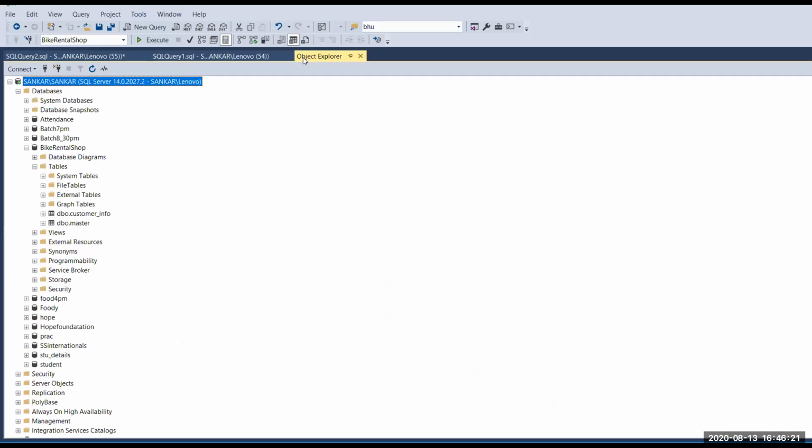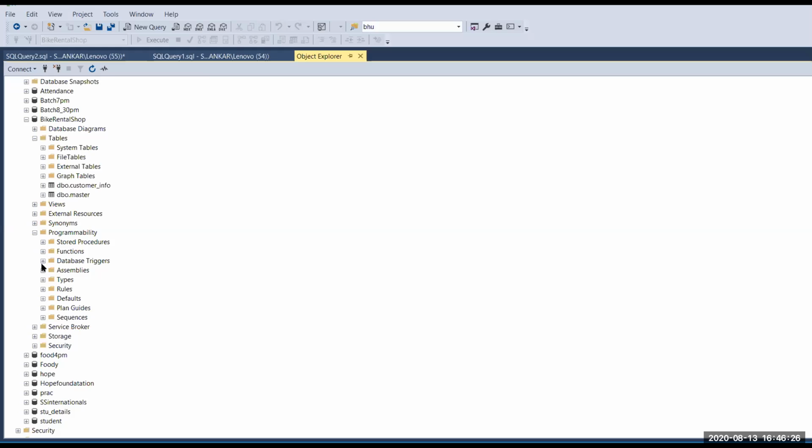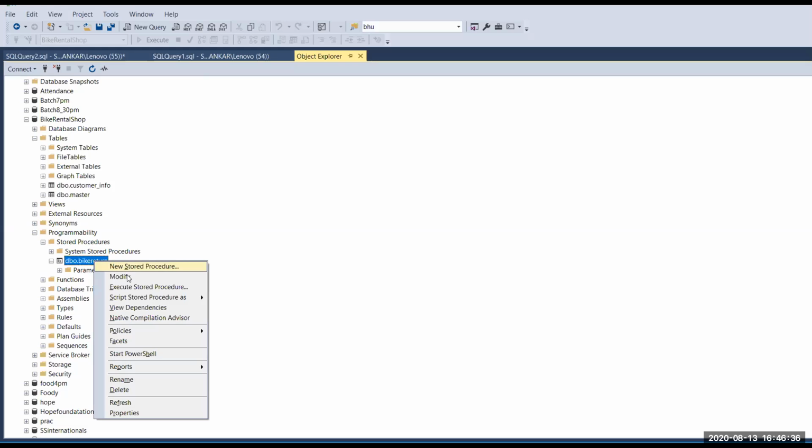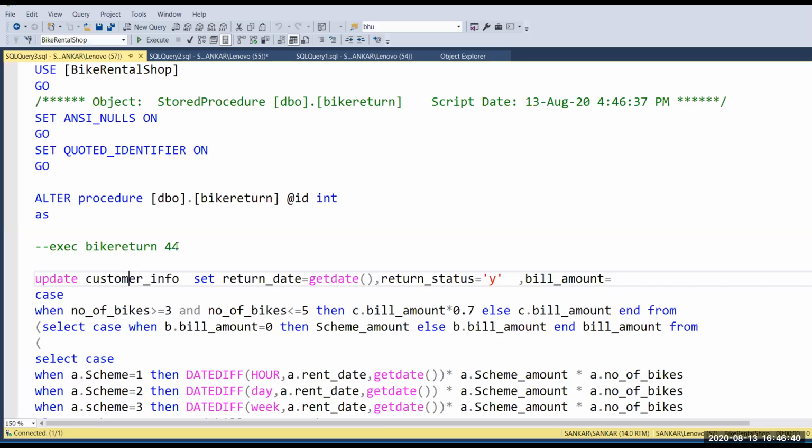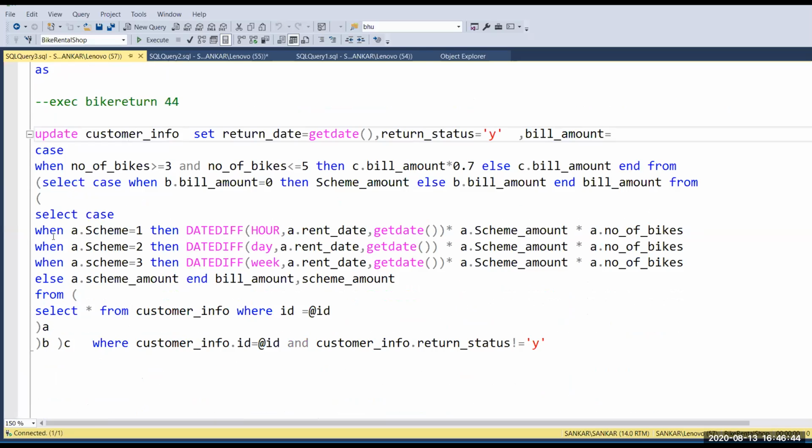So I'll show the procedure that I have written. Under stored procedures, I'm going to give modify. This is my procedure, and I'll explain what I have done here.